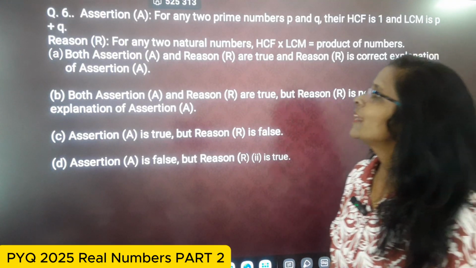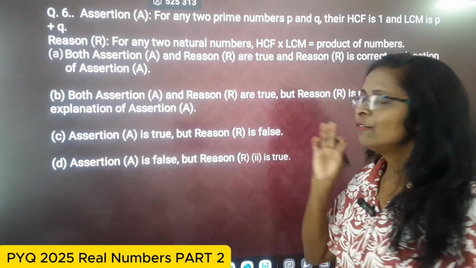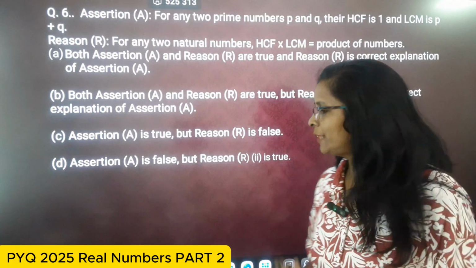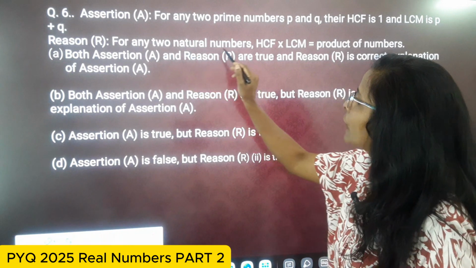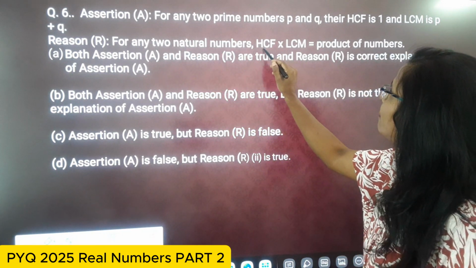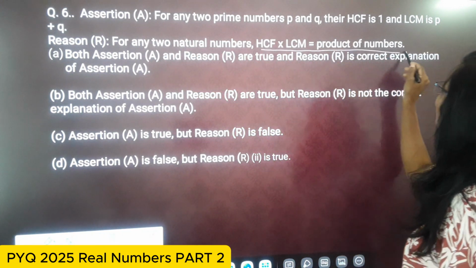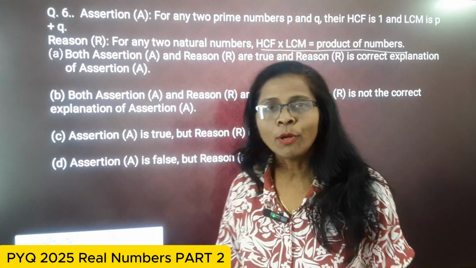Here, students, first we focus on the reason. The reason is written here: for any two natural numbers, HCF multiplied by LCM is equal to the product of the numbers. Yes, this formula is very